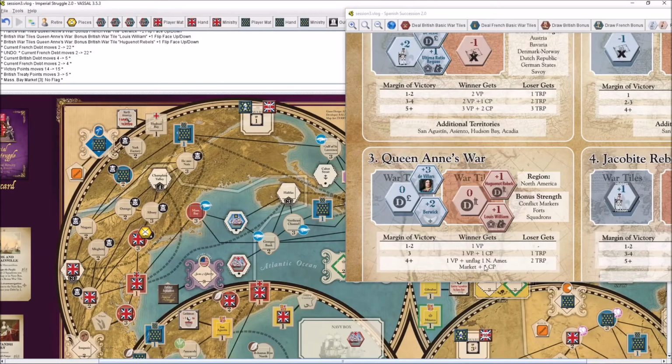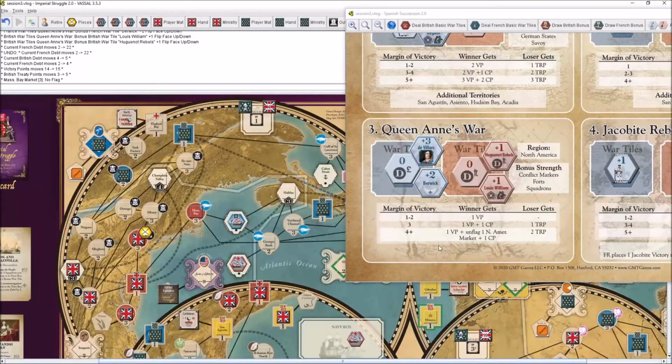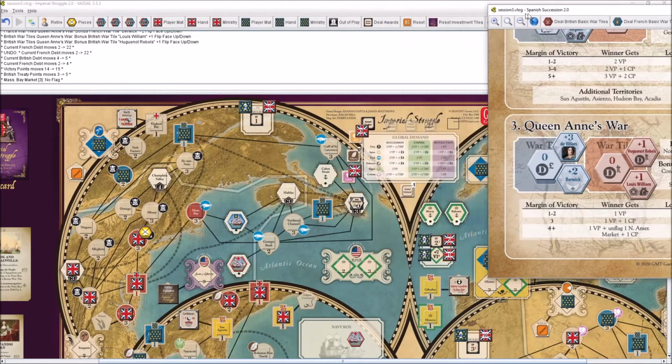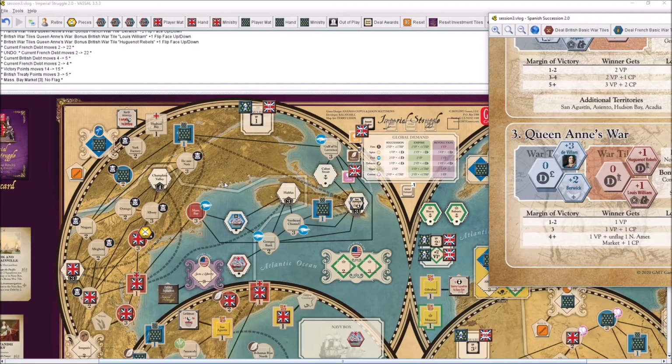And then we have also 1 CP. This CP has 0 additional territories here, so it means that only territories in North America can be used. So which territories can we conquer? There is this British territory here, but we have nothing with the conquest lines here. Assuming that we would have, we actually could then conquer this. We can conquer Hudson Bay, and of course can take forts or can take